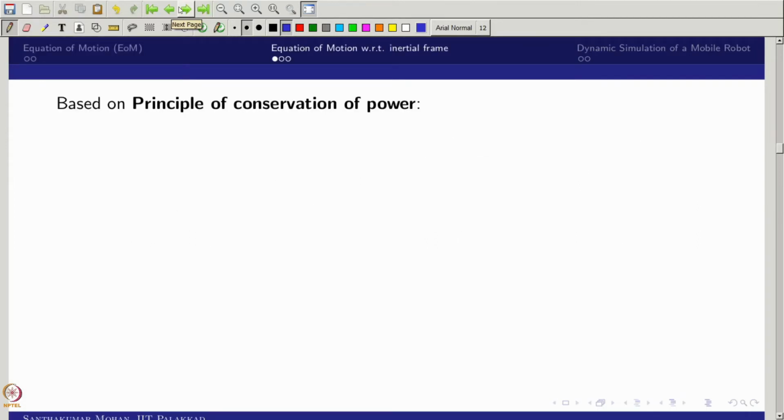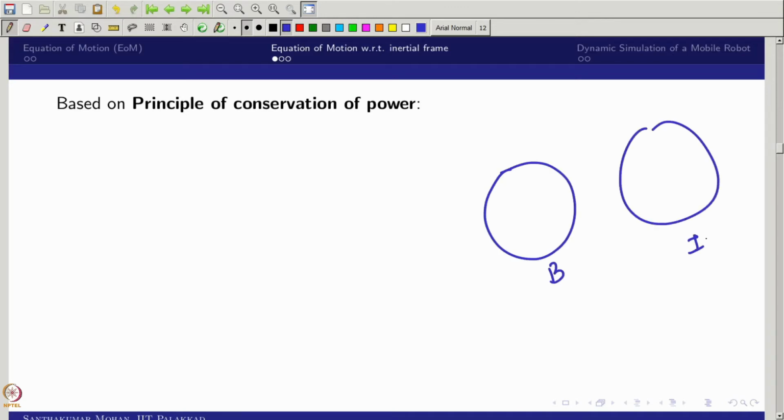So what will we do? We first take a principle. For example, I call this with respect to the body, and this with respect to the inertial frame I. Now if the body is connected with a wheel and starts getting a motion, what would be the power? I am writing that as the power. But if I realize the same power in the inertial frame, do you think the power would change? No, right? Because the only thing you are doing is representing it with respect to another frame. So the total power consumed by the system will not change. That is what we are trying to use.